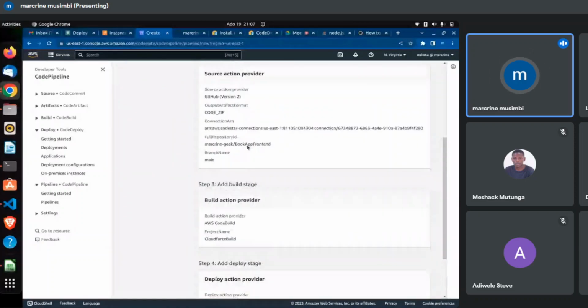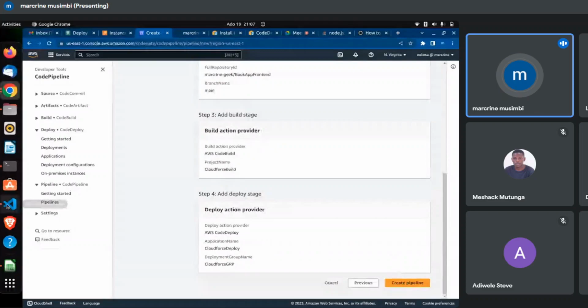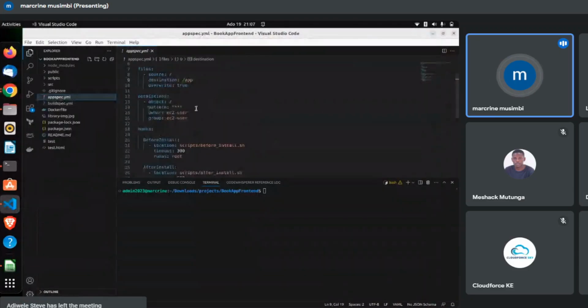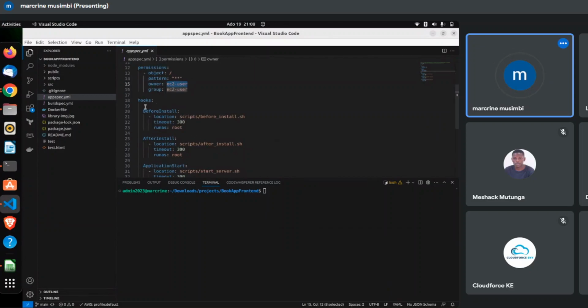And before I create the pipeline, there is another file called the appspec YAML. This one is used with the deployment, with the code deploy. So in this file, there are steps. It's also a YAML file. So for the first step, saying the source, the destination. It will store the application in this folder, the app folder. And then here the permissions, you have to create a user, EC2 user, which we've not yet done. And then it will go